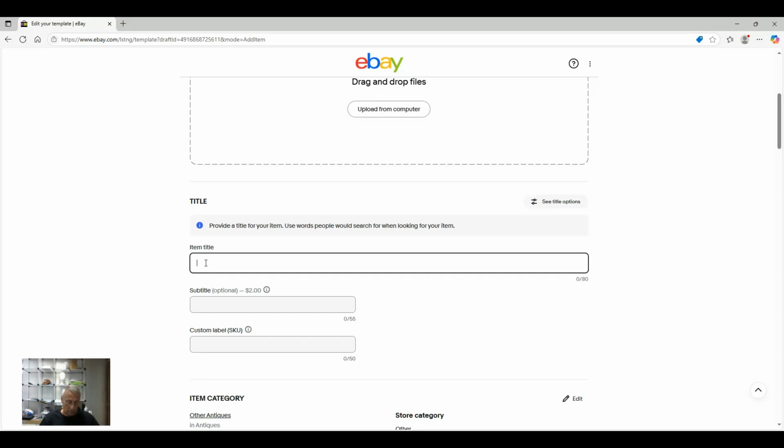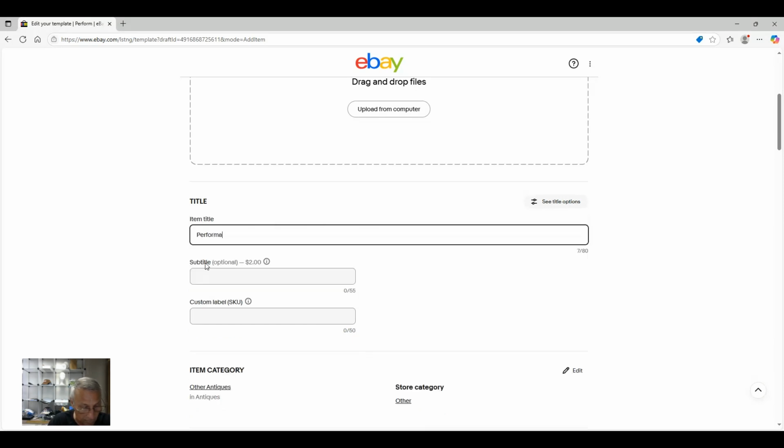Okay, so what I'm going to do is I'm going to put in performance polo shirt, and actually these are keywords. You've got to think of what customers use. Just think of when you go shopping yourself and you go online to get a product, what keywords are you using to find what you're looking for? Okay, so I'm going to actually put in performance golf polo,